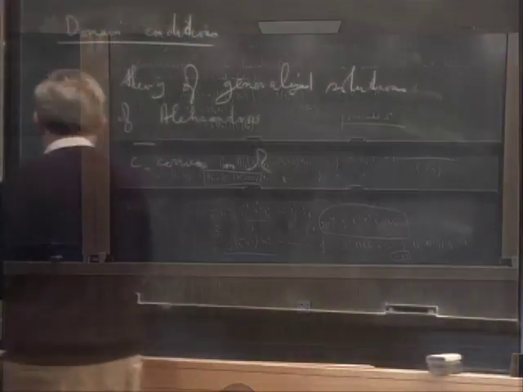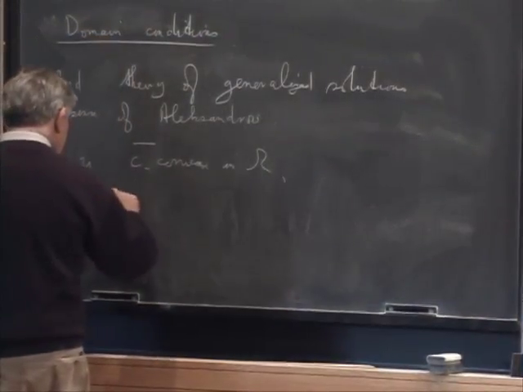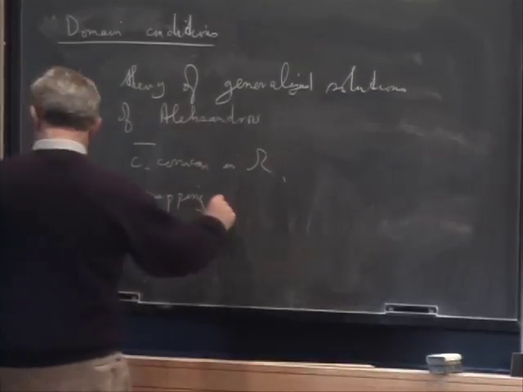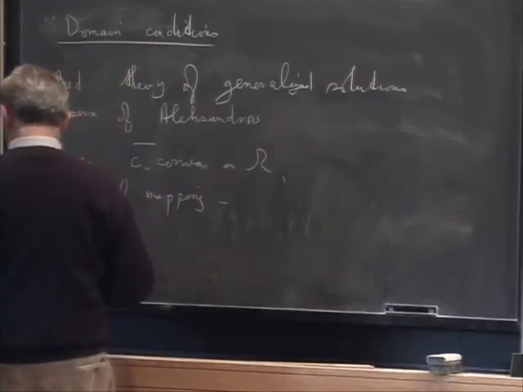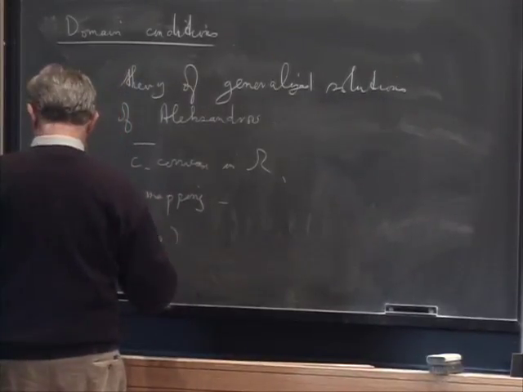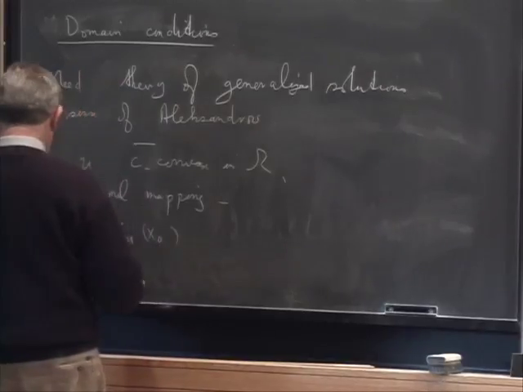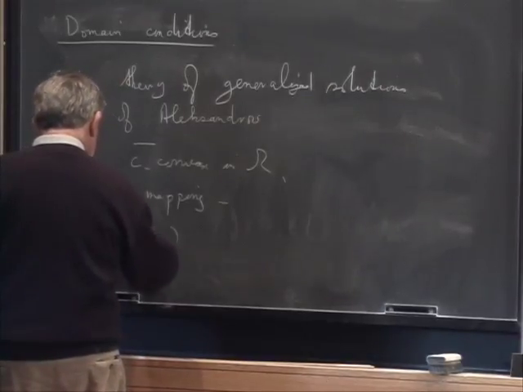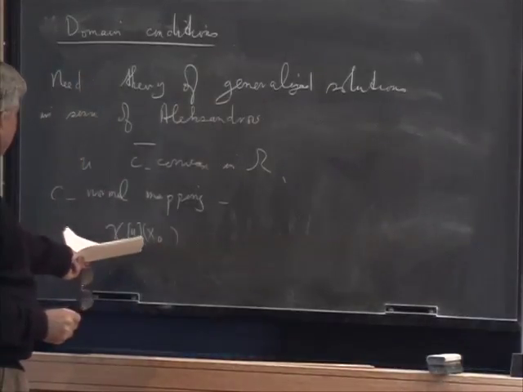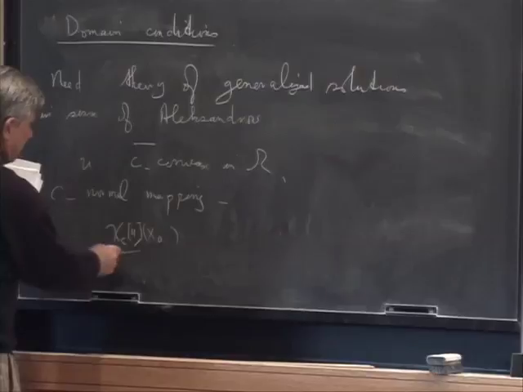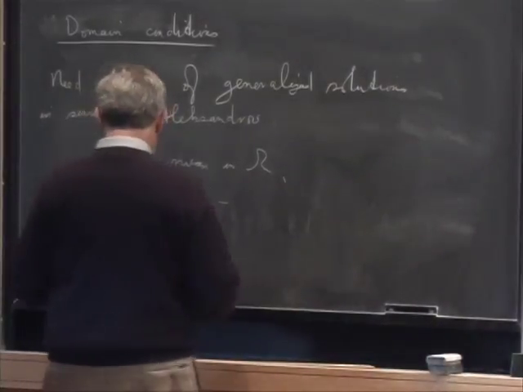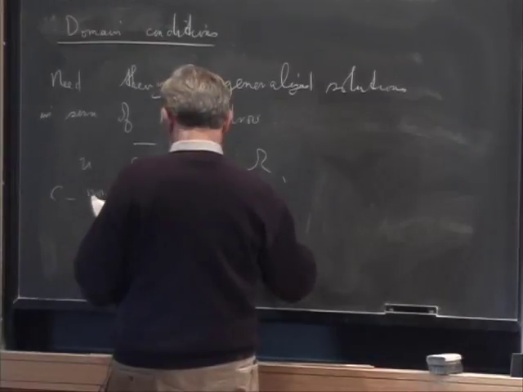So let's go back. We follow Alexandrov and Bakelman and people, and we define a notion of C-normal mapping. I write χ_c of u. This quantity χ_c of u is going to be a mapping, called the C-normal mapping. It's a multi-valued mapping. This is going to be the set of y in